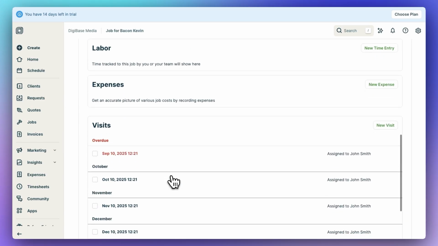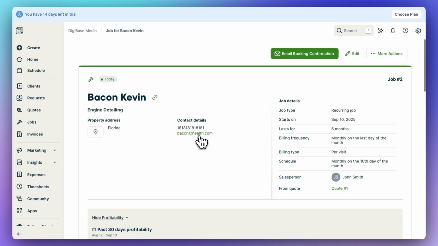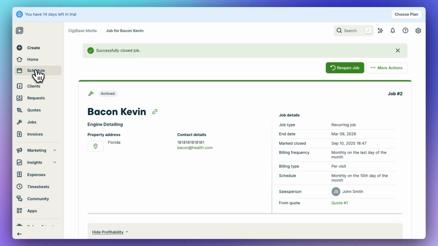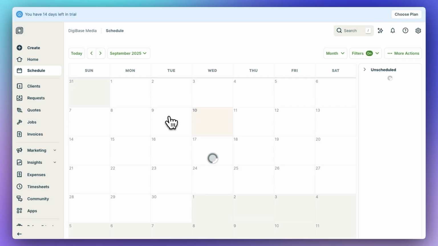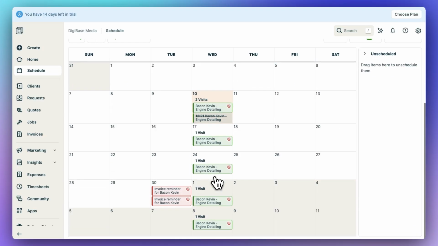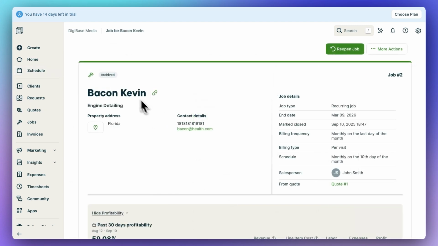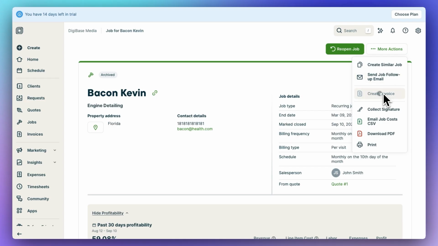And there you go. You get all the visits already mapped out instantly with this certain customer or client. And if we go to schedule, then we can see it recurring every month. There was a job that I made here that was canceled, our first job for Mr. Bacon Kevin. And the last thing that you want to do after having performed the job is to create an